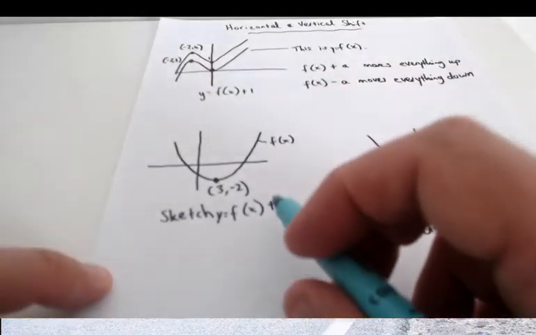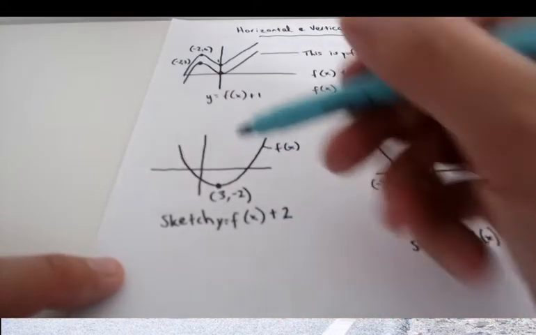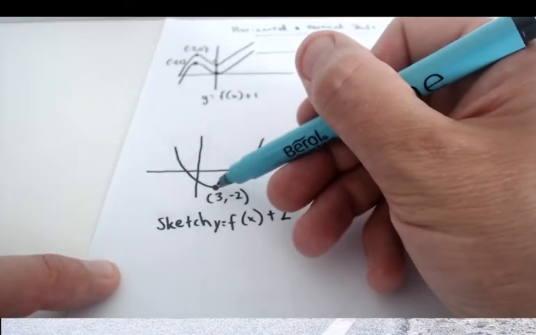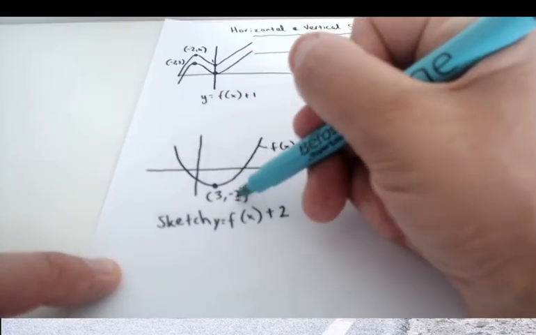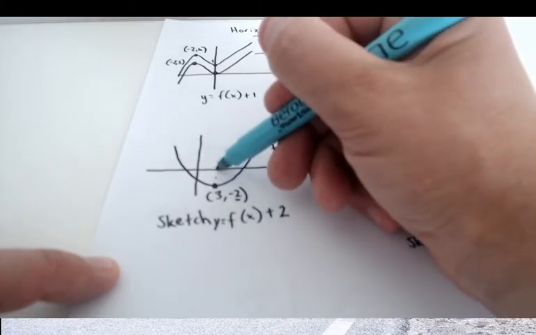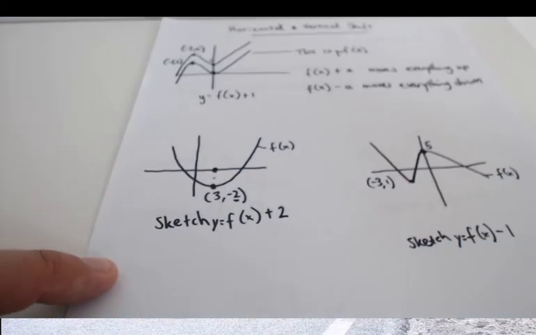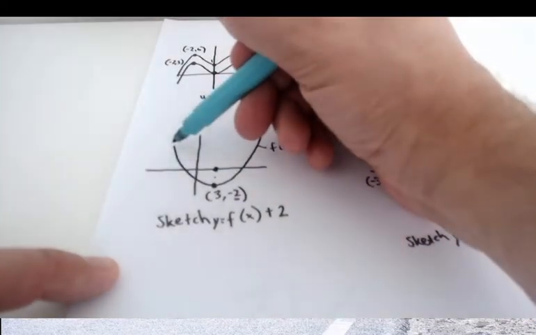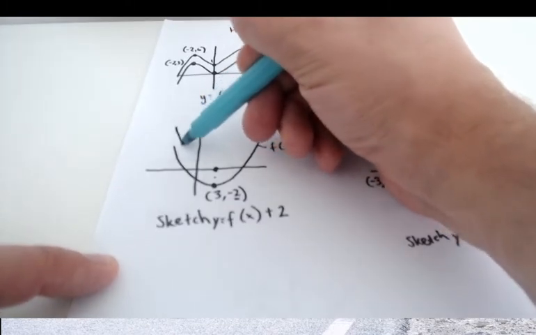First of all, I want to sketch f of x add 2. So on this curve, I only have 1 point. 3, minus 2, so remember this is your height. I'm going to move it up 2. If it's at minus 2, move it up 2, it will take me to 0. That's the only point that I've got. So then I'm going to go over to where the curve starts, and I'm going to go up approximately 2, and then I'm going to draw